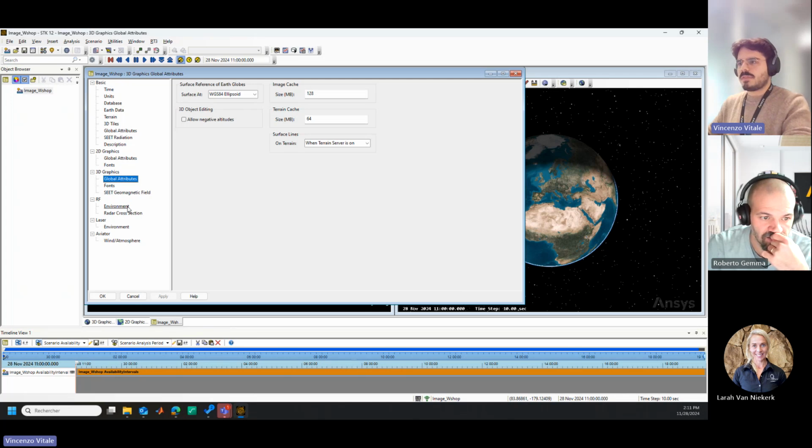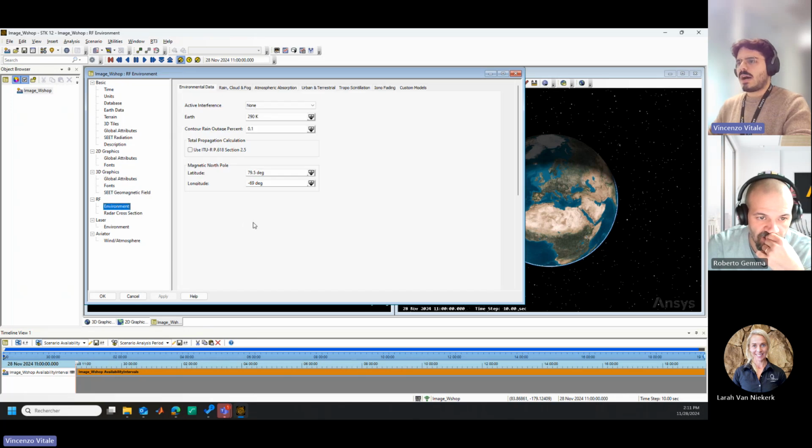And as I said before, in case of an RF analysis, which will not be the case for today, we can set up our environment: which propagation model we will use, starting from our environment, but also rain, cloud, and fog, atmospheric absorption, urban and terrestrial, troposcintillation, ionofading, and your own custom models, in case you have them. So after setting up the terrain, we can start the definition of